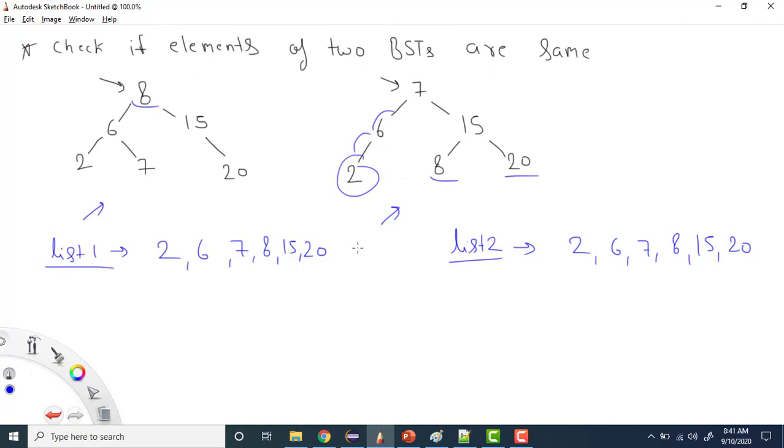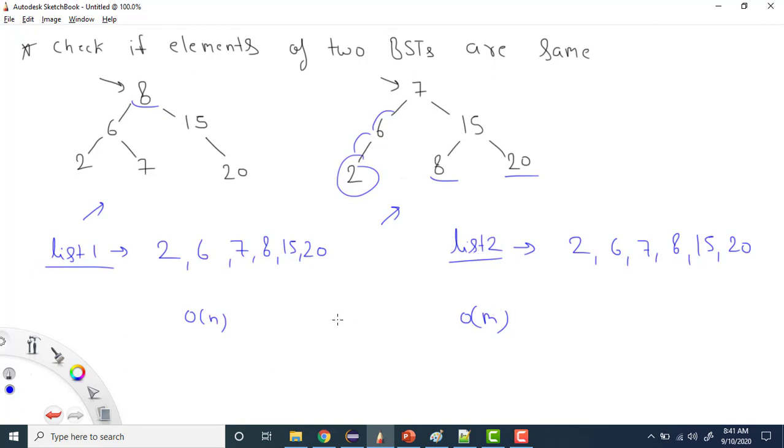Now what is the time complexity to solve this question? First we are doing in order, which takes big O of n, and if the other tree has m elements, it is big O of m. Whenever it is doing the equal check, whether the two lists are equal or not, again it will take big O of n plus m.